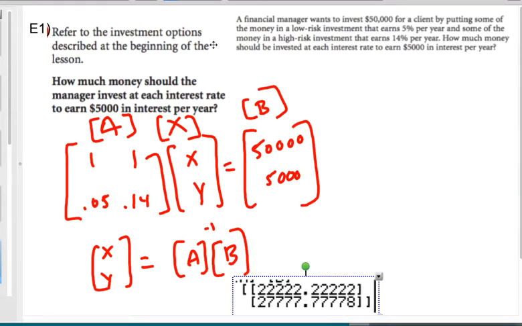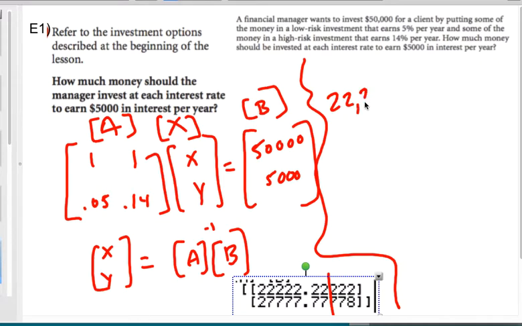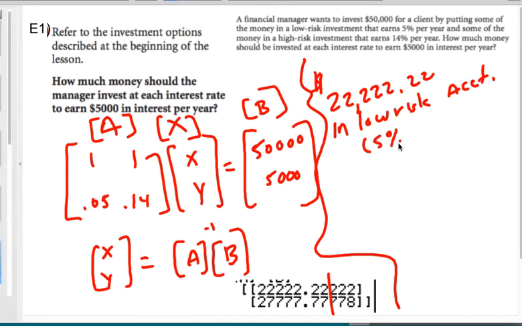So what I end up getting is that, since we're assuming that we're going to round or truncate at the cents, you're not going to put a fraction of a cent in. So X was the low risk account, so you should put $22,222.22 in the low risk account, the one that's 5%, and you should put the remaining $27,777.77 in the high risk account,